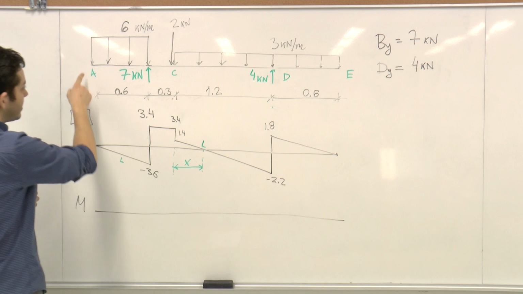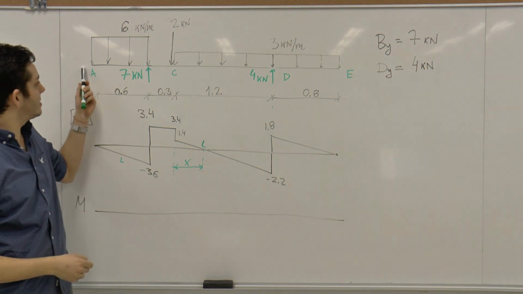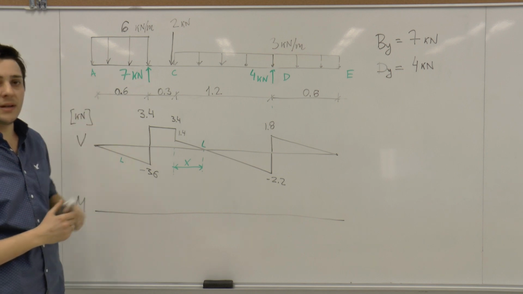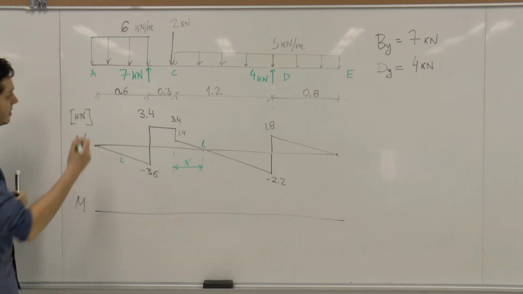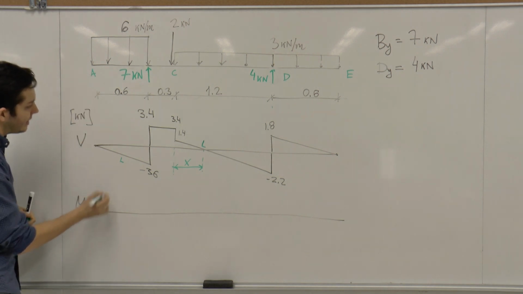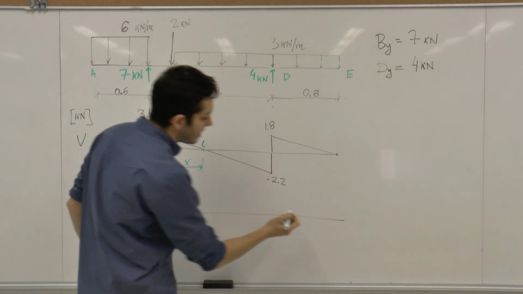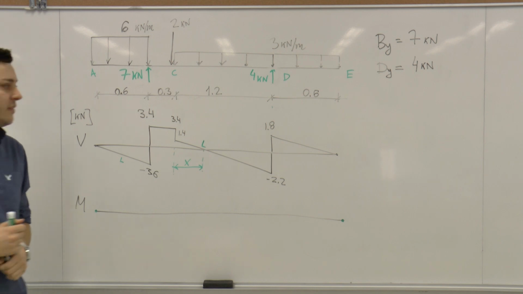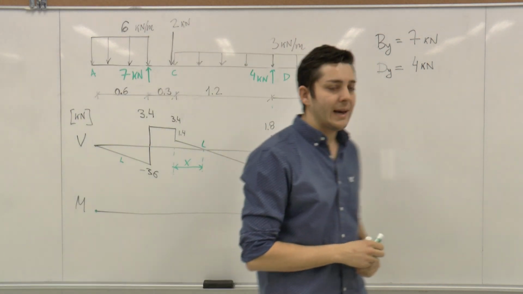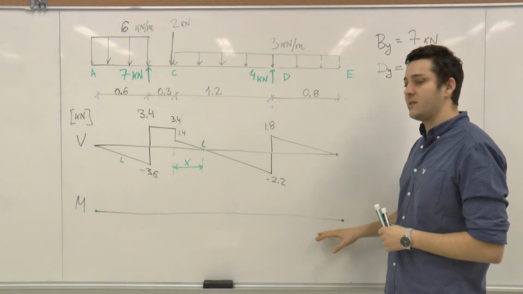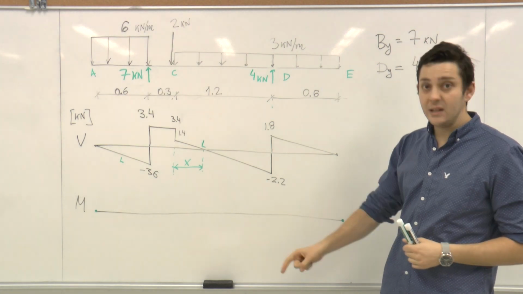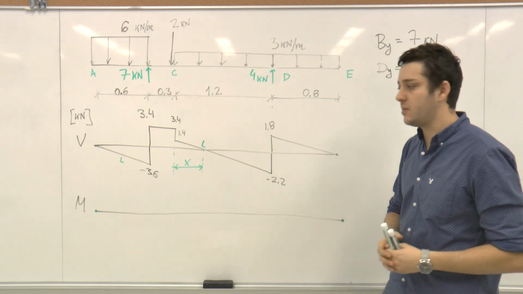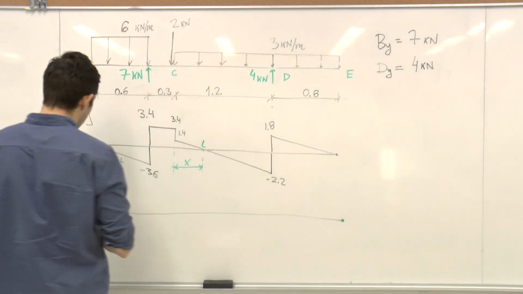So we're starting with 0 moment. We know that at the ends, if we don't have a fixed support or any concentrated moment, we will start from 0. So it means that at point A it's going to be 0, and also we can say that at point E it will be 0. Even if somehow you're getting at the end a value which is different than 0, still show a value of 0, because it will show that you understand the material. Great. So starting from A,